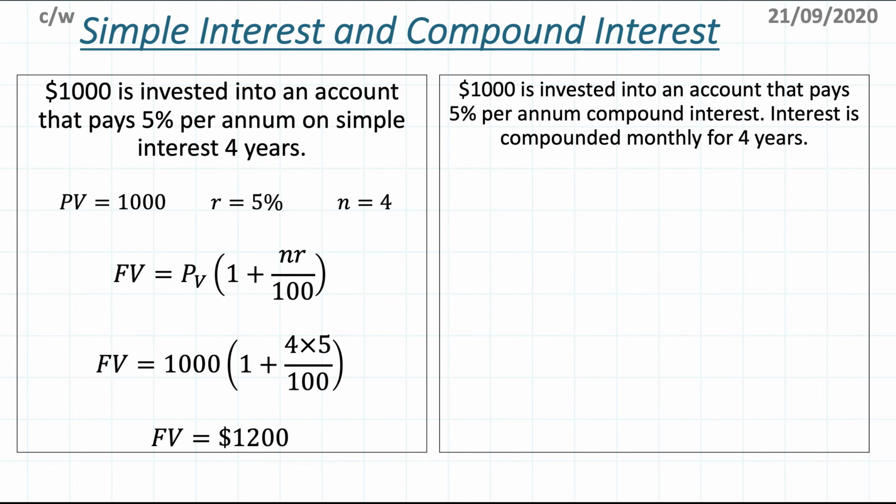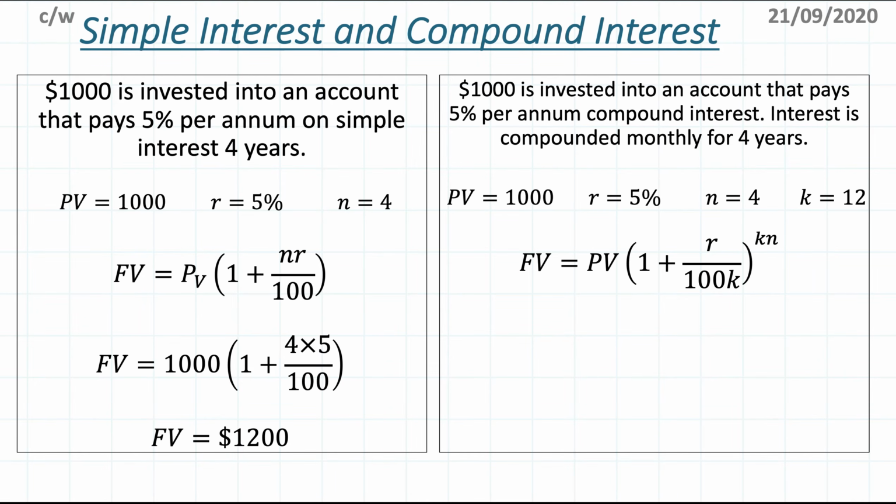Now, let's see how different it is for compound interest. We're investing the same amount, same percentage, same years, but we're compounding it monthly. So the k in this case is 12, because within 1 year we're doing it 12 times. So if I use my formula, I'm going to substitute my values in there. Notice how I'm dividing by 12